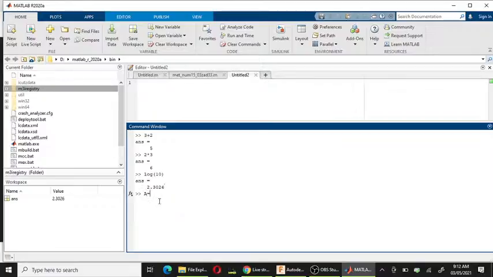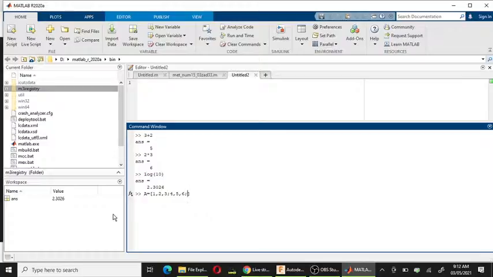How to declare a matrix? 1 2 3: row elements can be separated by comma or by space, but if we want to jump from one row to the second row, we have to use a semicolon.